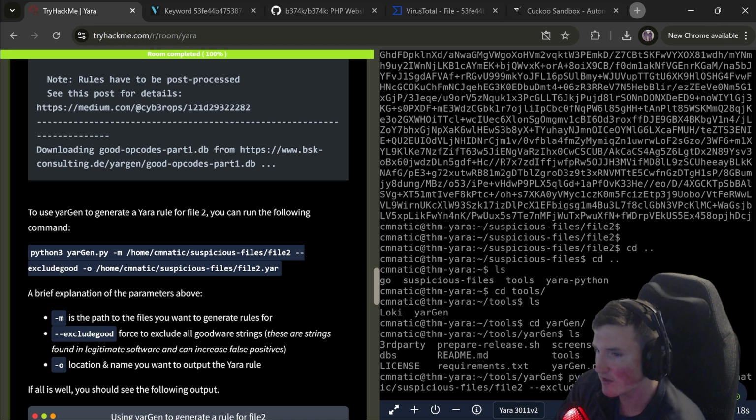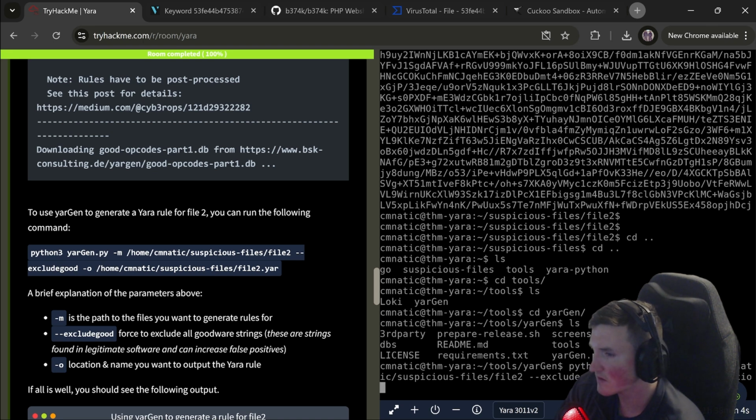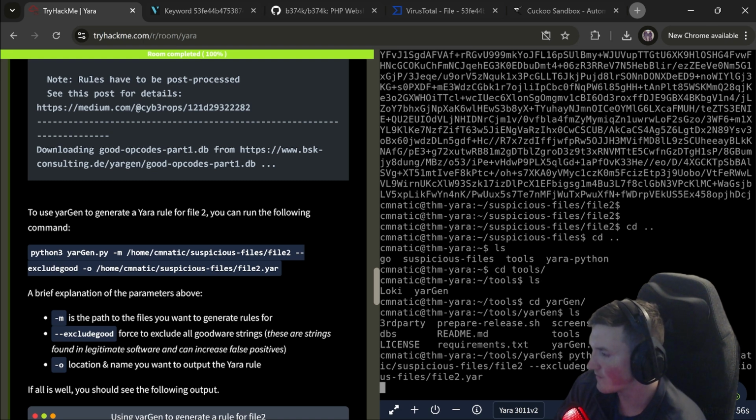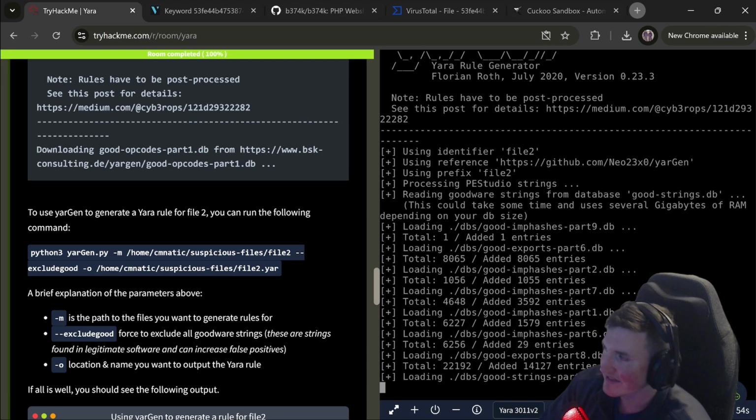Exclude good, home, static, suspicious files, file2.yar. All right. So that is actually going to go through there and it's going to search for things.